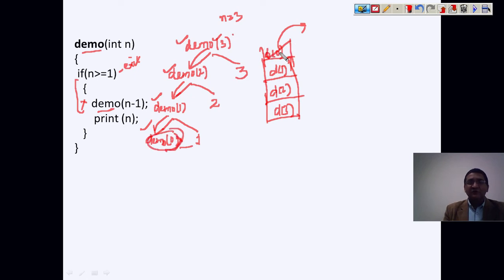So now this cell is empty. It goes here, this is just a print statement, and now this call is executed completely, and you move to demo 1. Whenever you are exiting from any call, it will perform a pop operation.